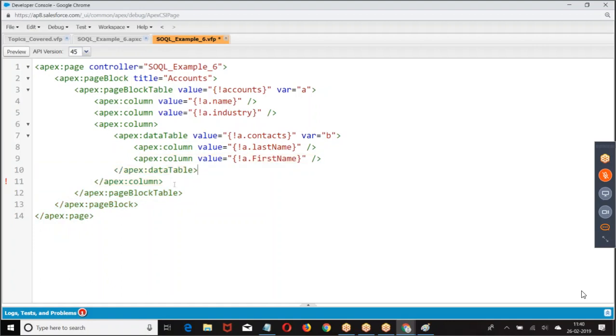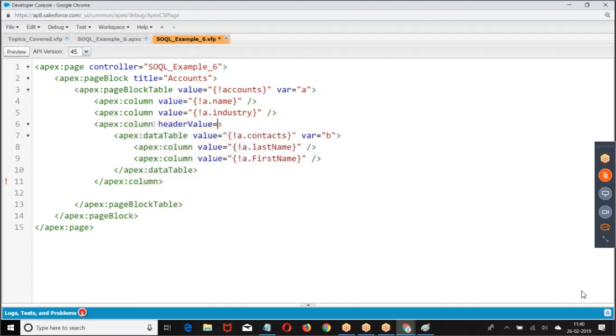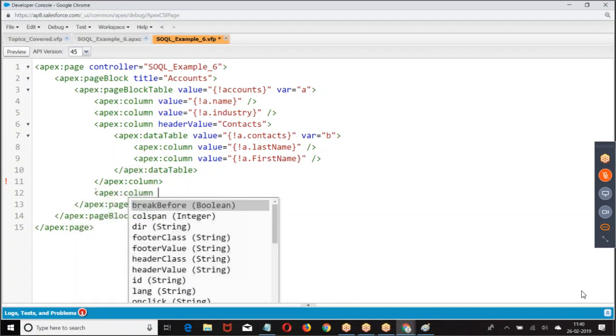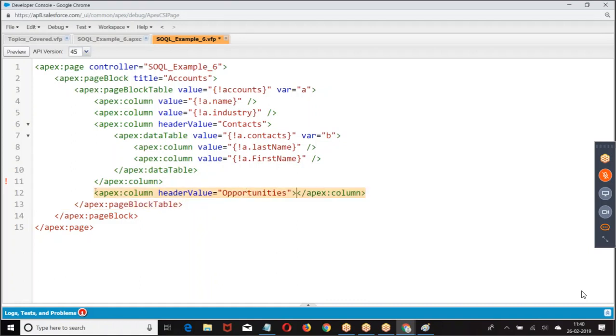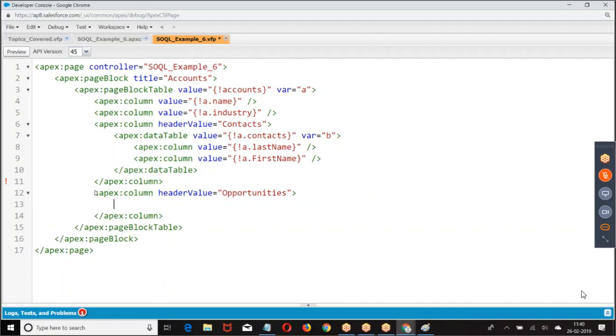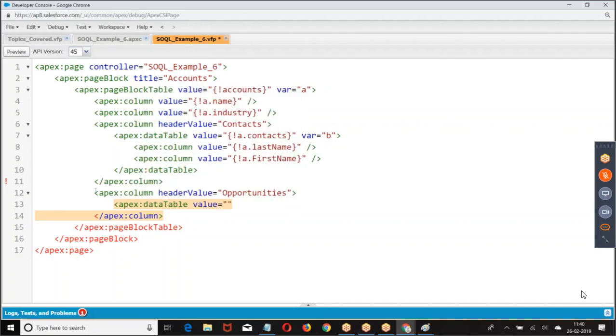Then we had the next column, value equal to opportunities. Then I had repeat or data list, A dot opportunities.